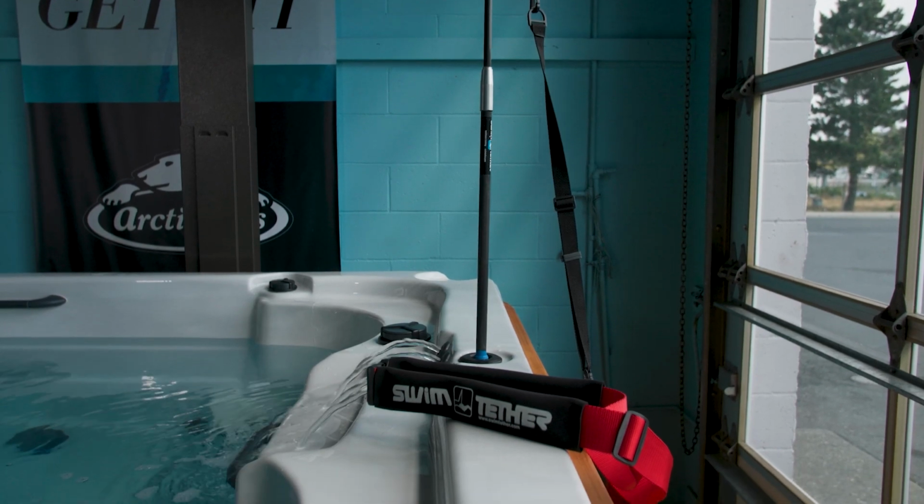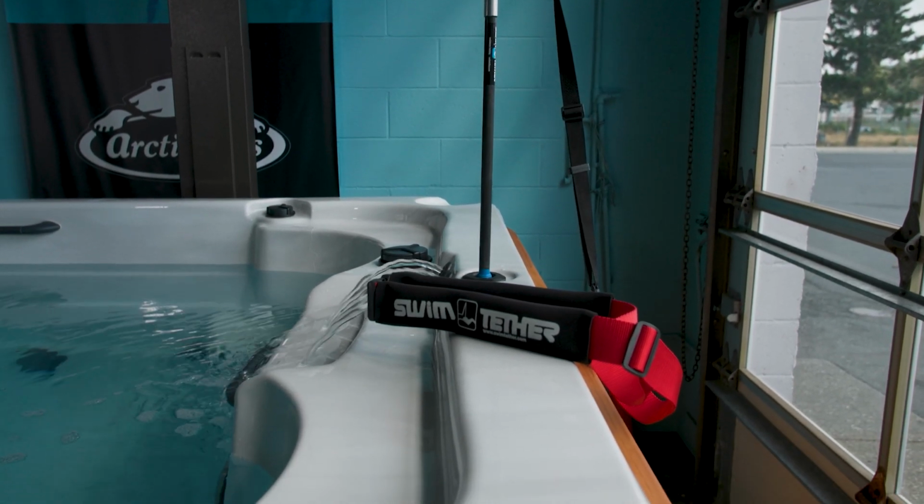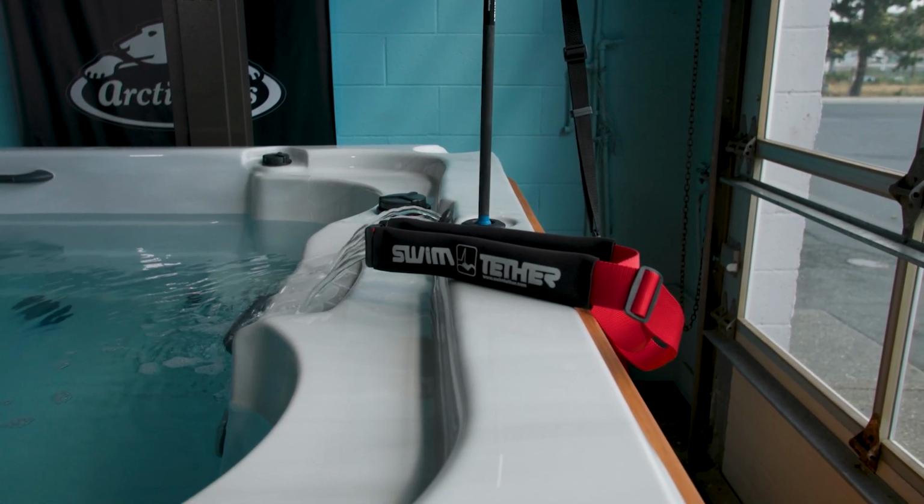This particular spa actually has a fitness kit adapted to it, so you can row in there. You can. We got the stretchy resistance band, so you can do your resistance training in there. And you're not going to get hurt because you're warmer, so it's easier to stretch your muscles. And I personally think that